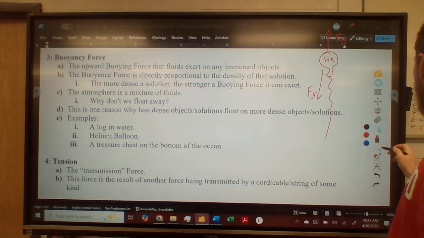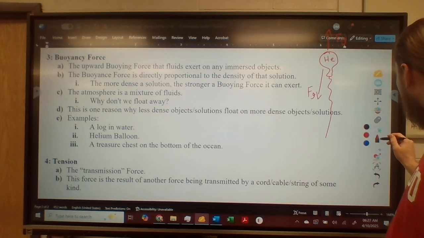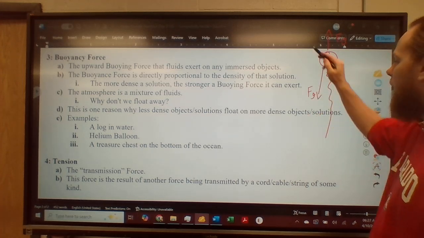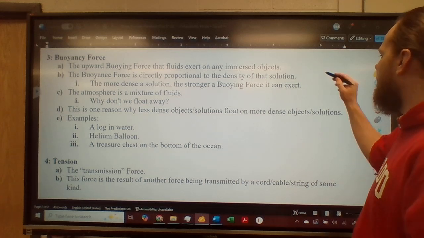And then treasure chest sitting at the bottom of the ocean. Oh, by the way, again, there is no normal force here because there's not a solid object interacting. It's just one thing, the balloon. However, on our treasure chest,